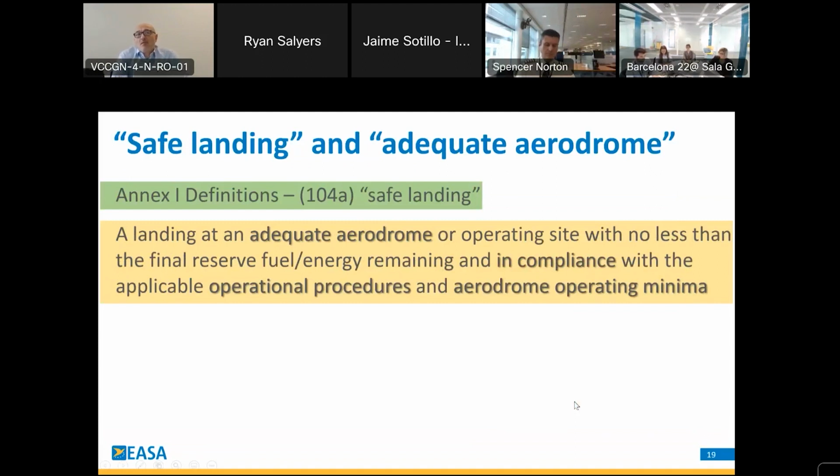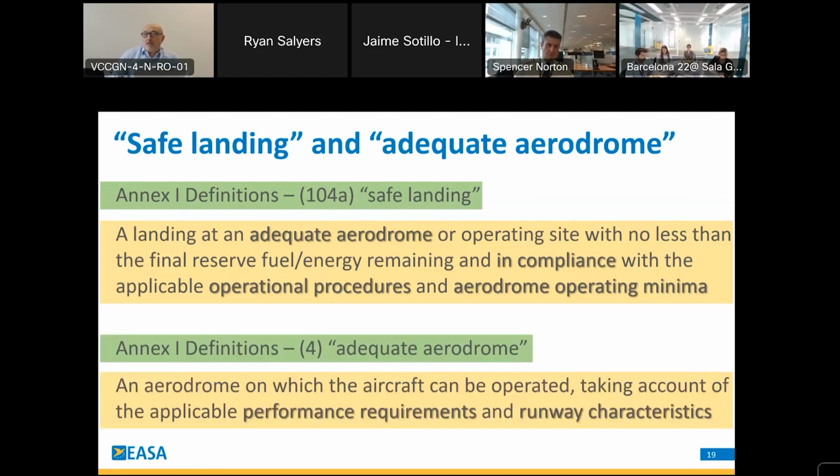As I said before, safe landing and adequate aerodromes are used in the context of the fuel policy. A safe landing is basically you land at an aerodrome that the operator has already surveyed and in compliance with the normal operational procedures, which also include landing with non-normal situations, but actually you don't breach any operational rule. Whereas the adequate aerodrome, of course, is the one for which the operator has taken into account the performance